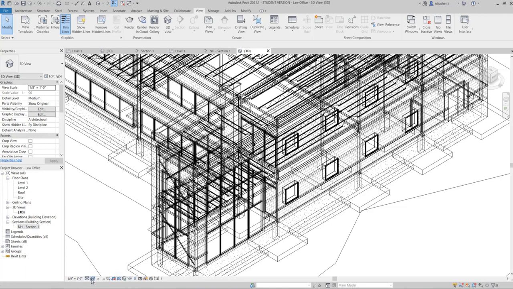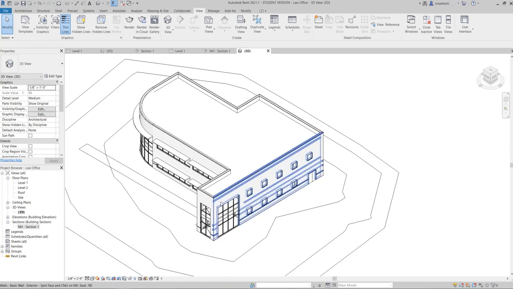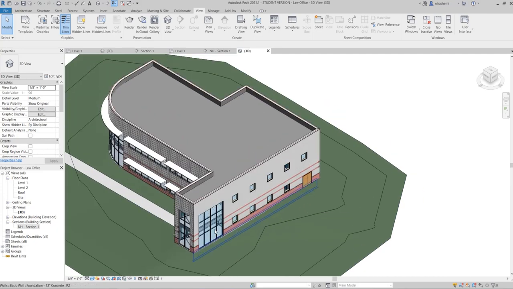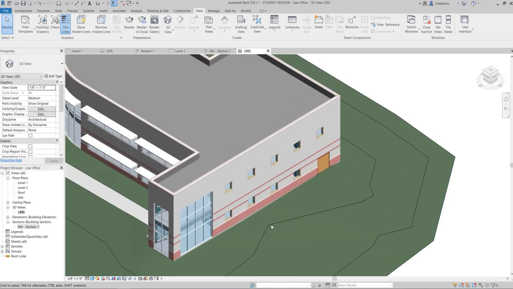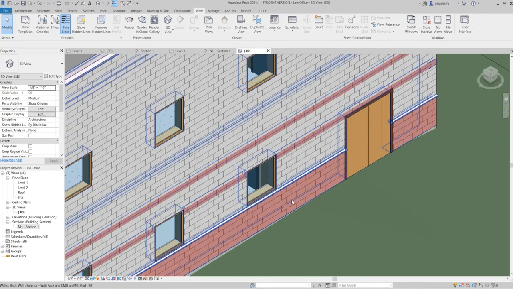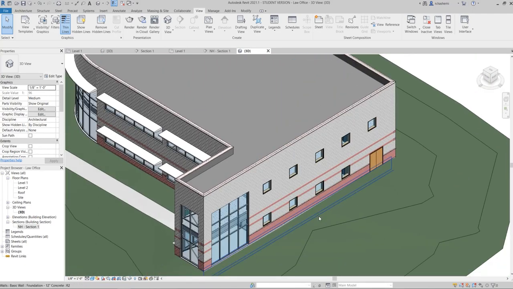The next one is hidden line. In this one, whatever is closer to us just blocks away the other things that are further away, okay? Next one is shaded. As you can see, everything has a color here, and these are not the real colors, like what we can see in the renders. These are different. For example, you can see the walls have different colors, and every element has a color in this style.